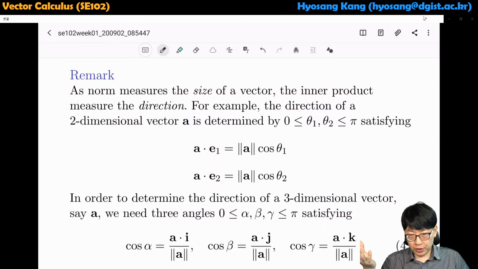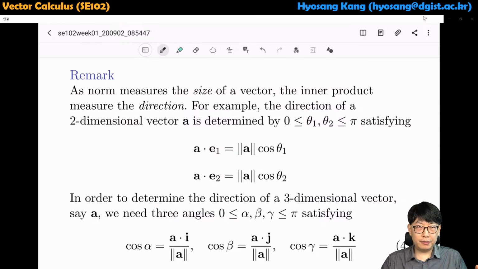Now it sounds weird because vectors in nature should have a direction property, right? If you think about a vector as an arrow, it must have a direction, it must have a length. But what do I mean by inner product measures the direction? If you think about the most general form of vectors,